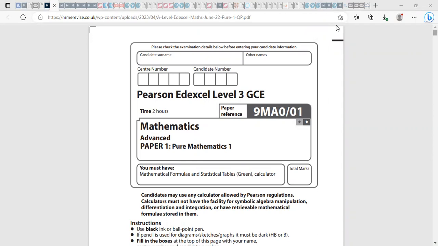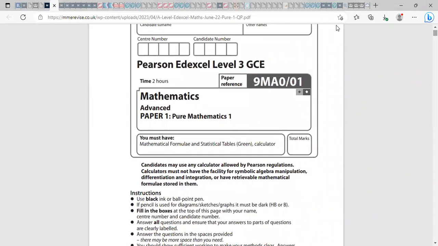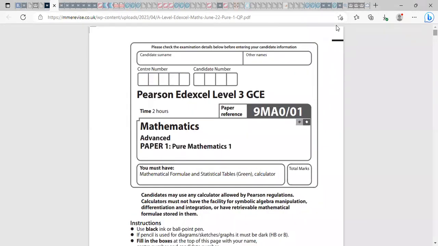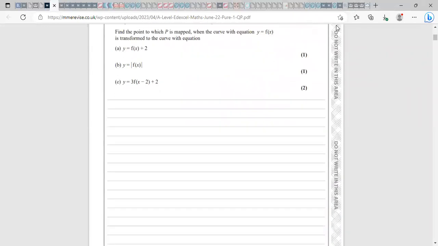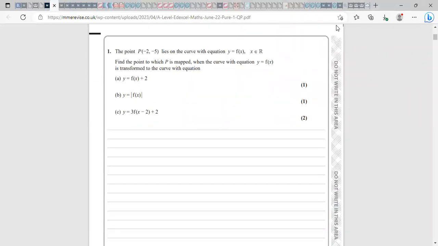If you're doing the Edexcel syllabus for A-level maths, then this would be a good video to watch. We're going to answer the first question on this paper, the 2022 paper, so last year's paper. We're recording this video right now in 2023, so this is last year's exam. We're just going to answer this question today, and it's